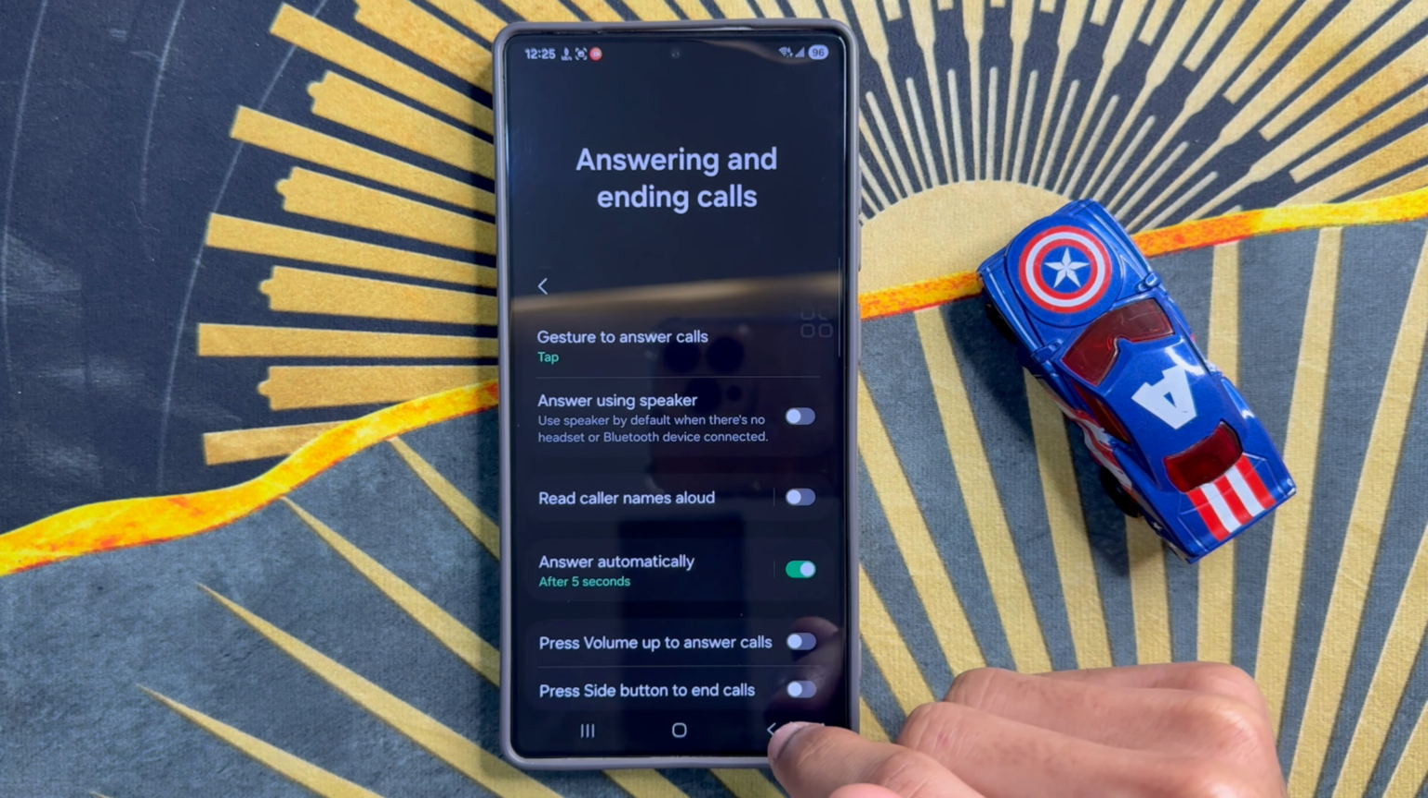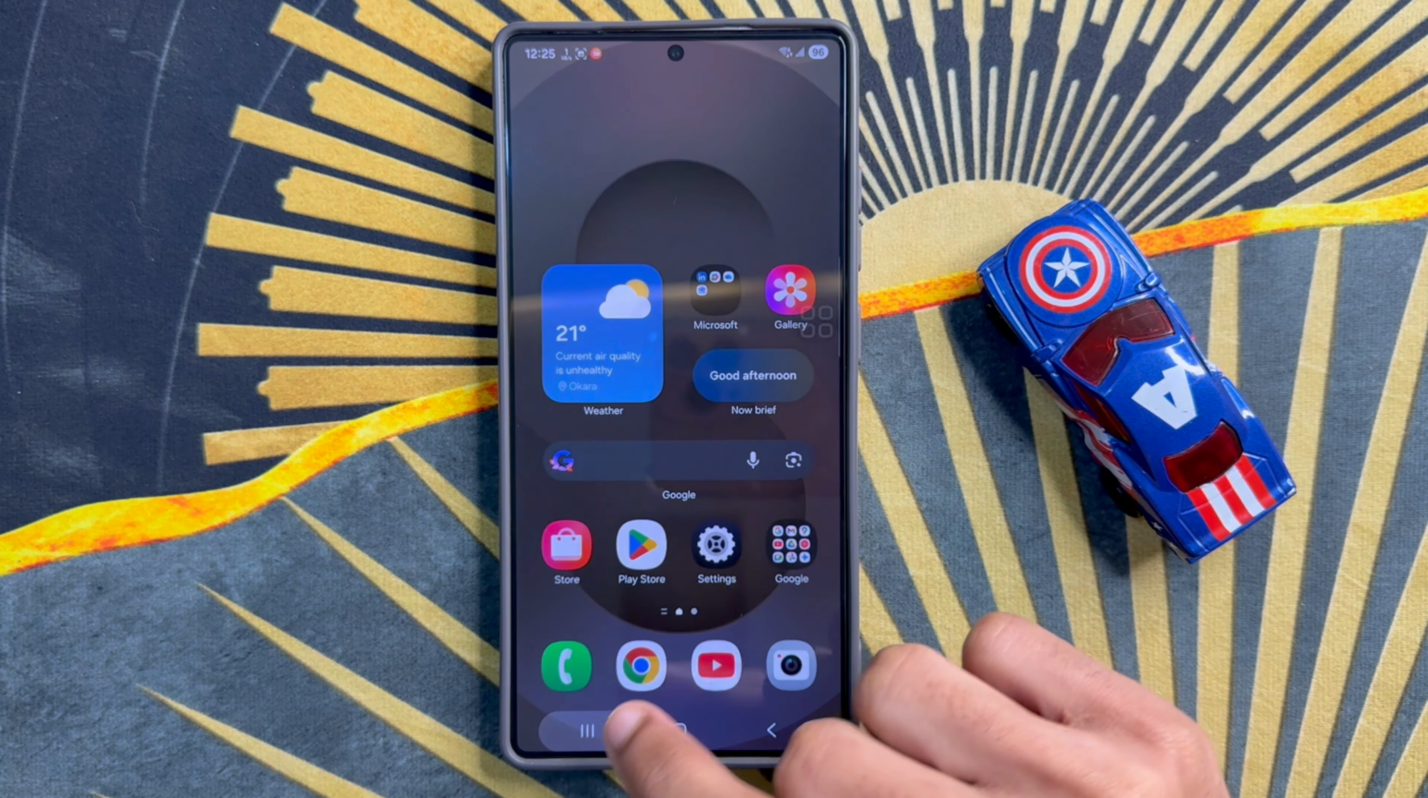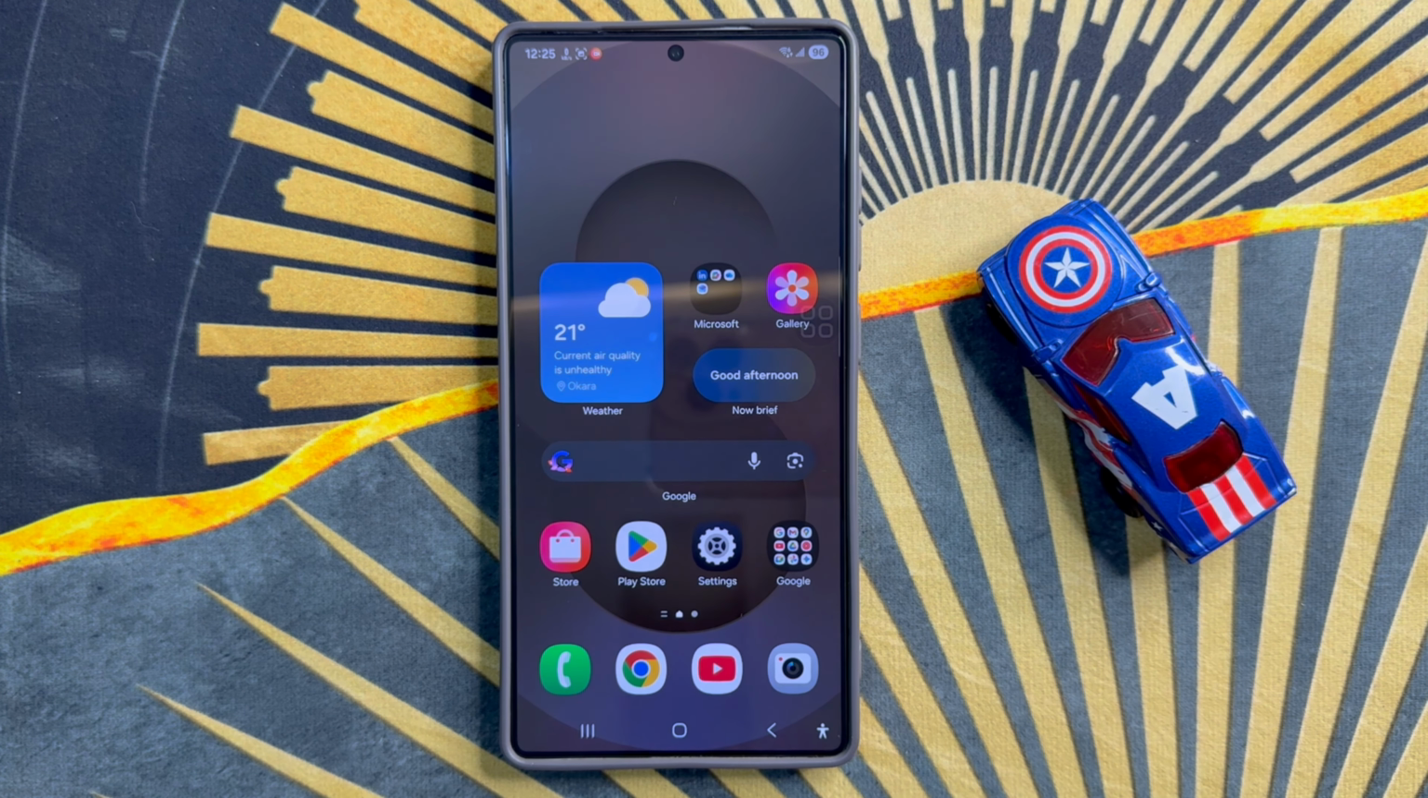After the process, go back to home screen, refresh phone. So that's how you can turn on or turn off read caller name allowed for incoming calls on Samsung Galaxy